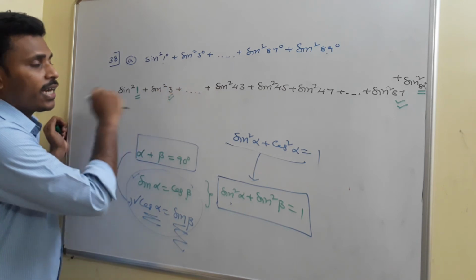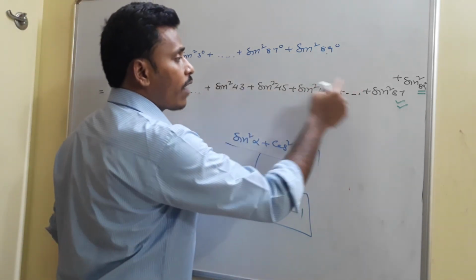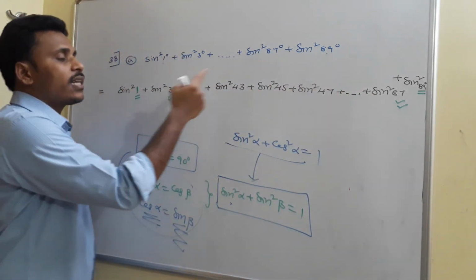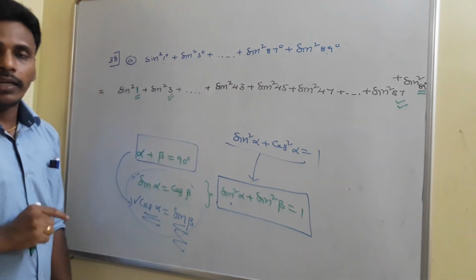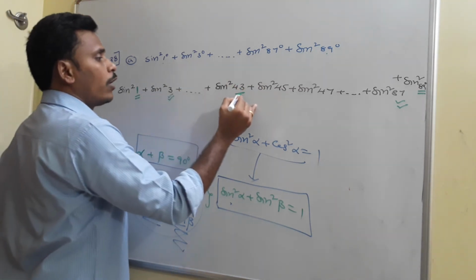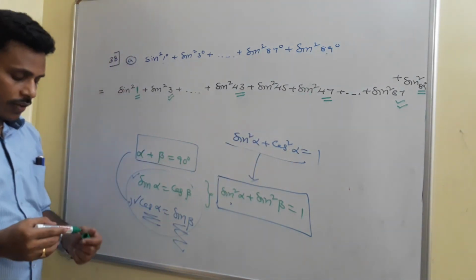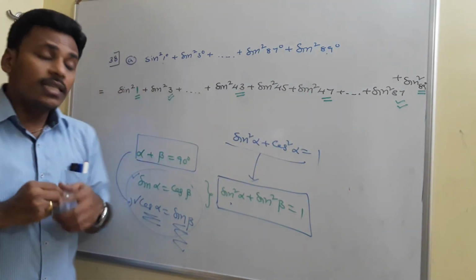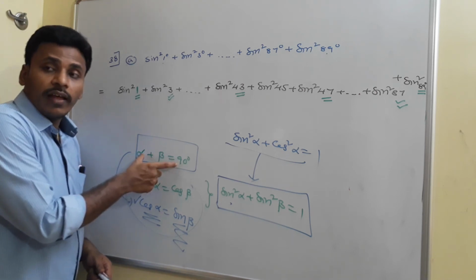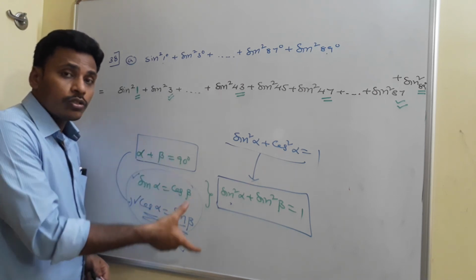And the next angle here it is 5, and before that here I have 85. This 5 degrees and that 85 degrees is also 90. So the sum of the angles is 90. Look at here, 43 and this is 47. 43 plus 47 is again what? 90. Since the sum of the angles is 90, then for us it is very easy to announce that sin